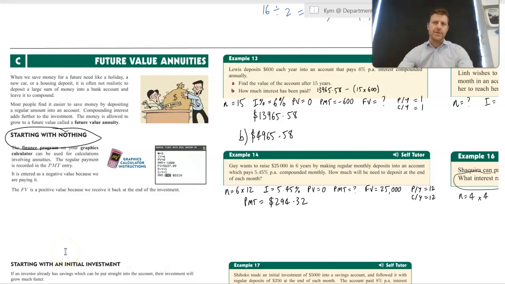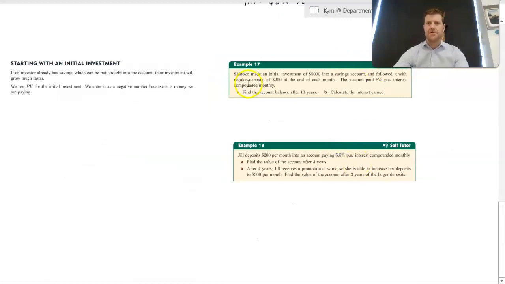In today's video, I'm going to show you something similar to what I showed you in my previous video around calculating future value annuities. In the previous video, we were starting with nothing, so basically a present value of 0. Today's video, I'm just going to go through two more examples where, again, we're looking at those future value annuities, but this time we'll be starting with an initial investment, keeping in mind that this will be our present value,